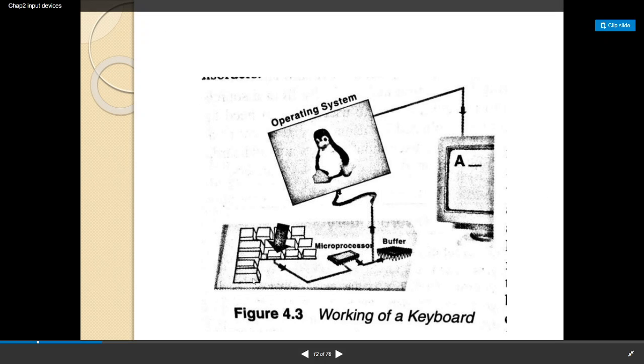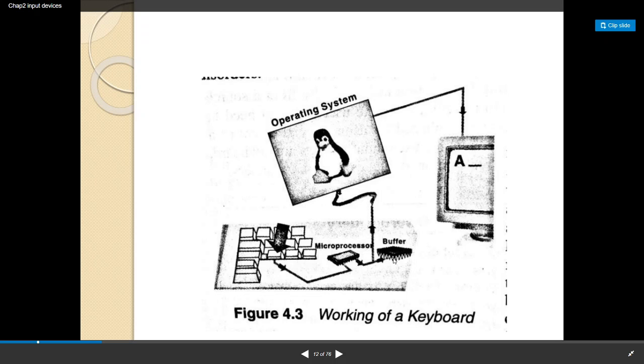See, this is how it works. You press this key, okay, so it goes. See, this is the microprocessor of the keyboard. Here the current changes. So when it changes, it can determine what key was changed, like in what space this key is present and how the current has been changed through the press of this button. So when it is determined by the microprocessor, it understands what alphabet it was, and that alphabet is sent